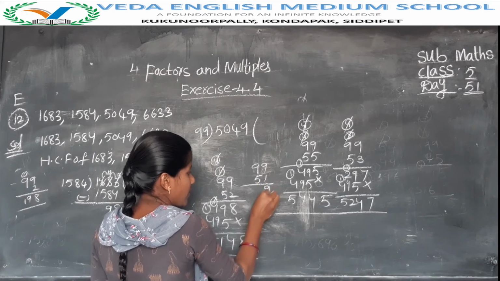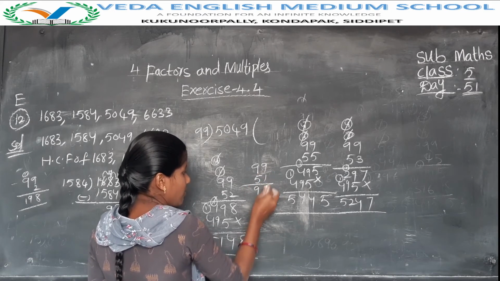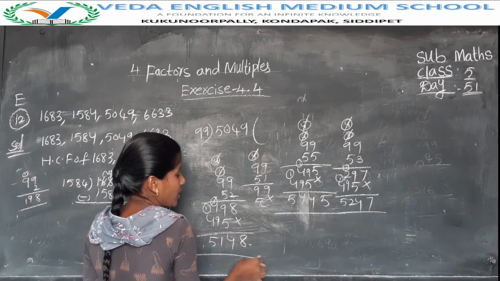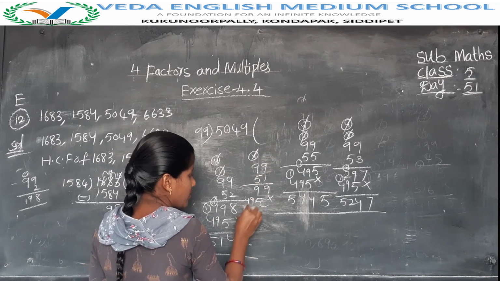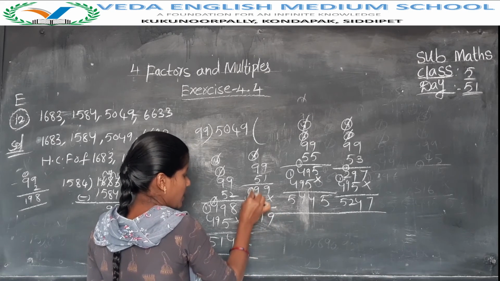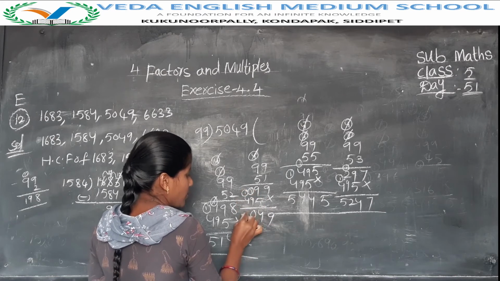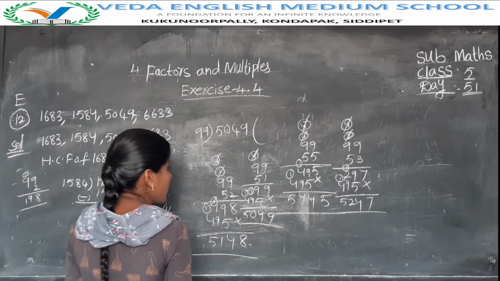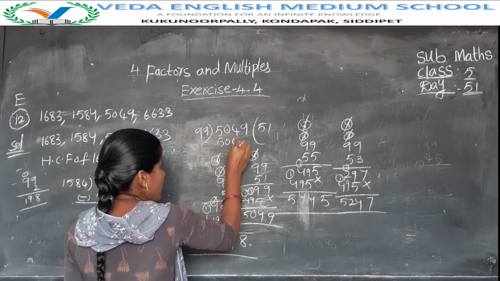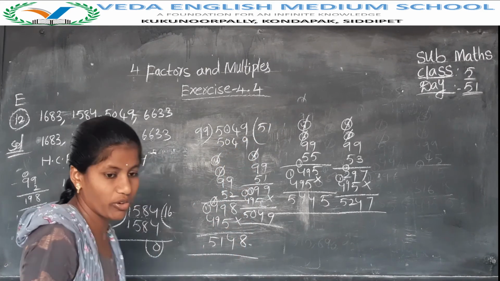1 9s are 9. 9 5s are 45. 45 plus 4, 49. 9 plus 5, 14. 4 here, 1 will become carry. 9 plus 1, 10. 0 here. 5,049. 99 51s are 5,049. So the LCM of